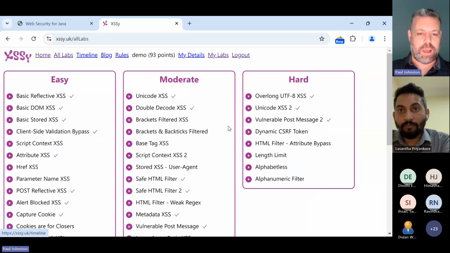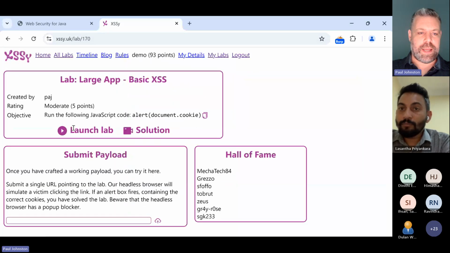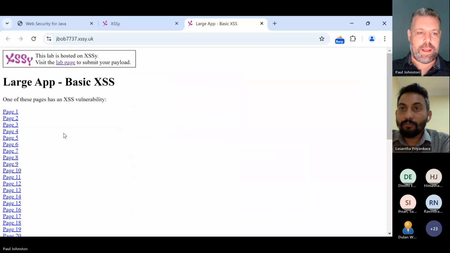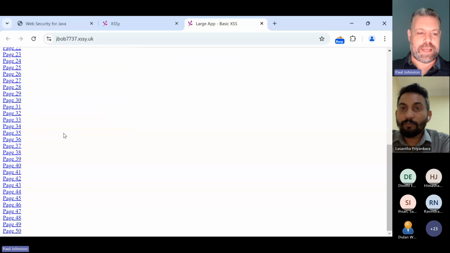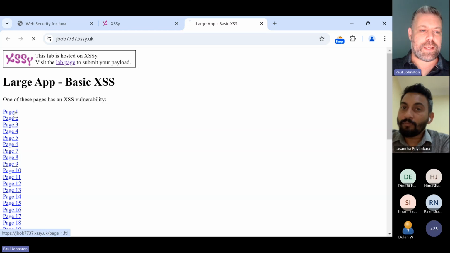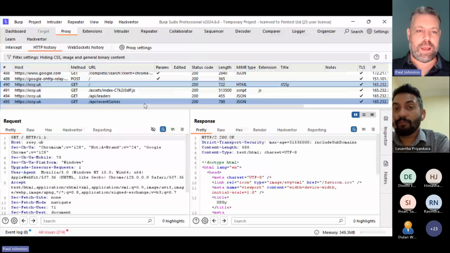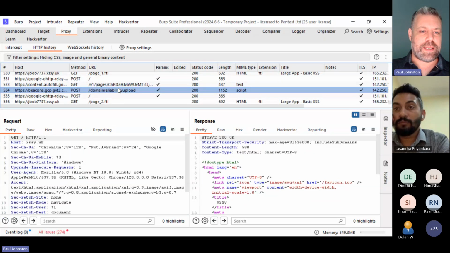Okay. So just to show you the process of doing this. If I go onto this lab, so this lab's got 50 pages, and the rubric tells us that one of them's got an XSS vulnerability. So we will get on to automation in a bit, but to start with, what I do is I start clicking through these pages. And if I go back to this tab,